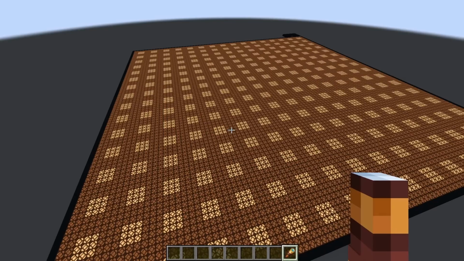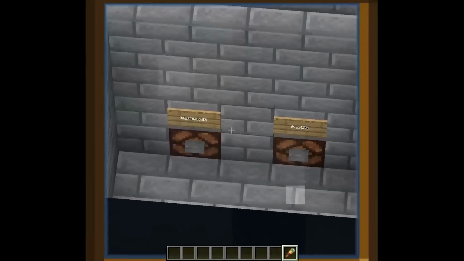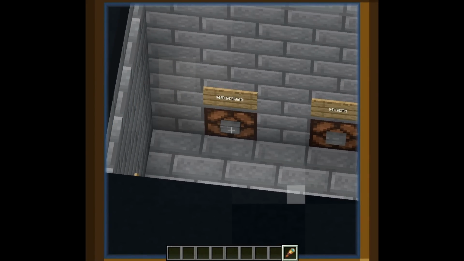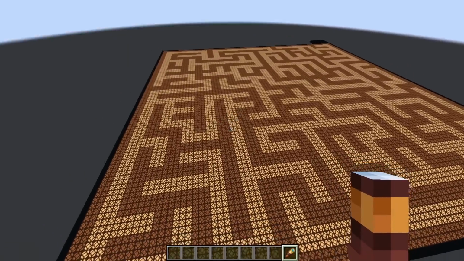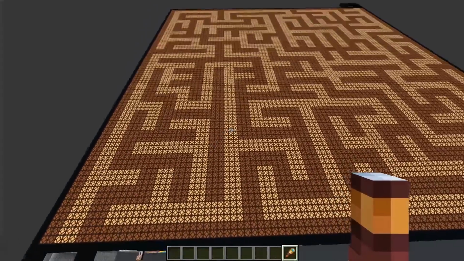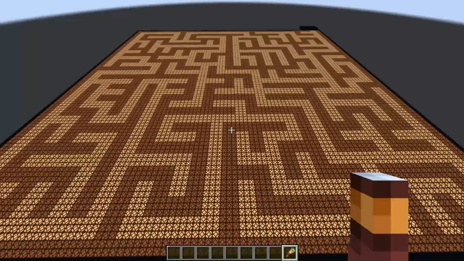Heyo everyone, you're here because you want to see a redstone maze generating in 1 second, so without any further preamble, there you go. For those of you just joining us, this is part 3 of a 3-part series on maze